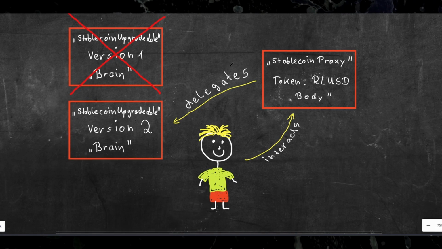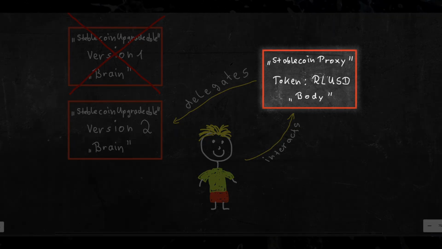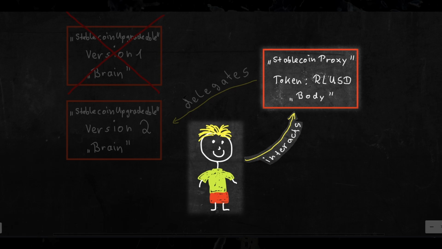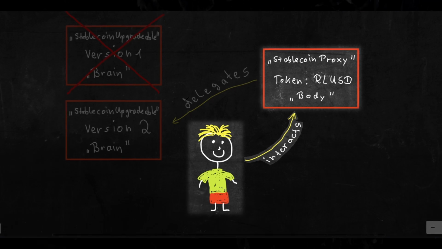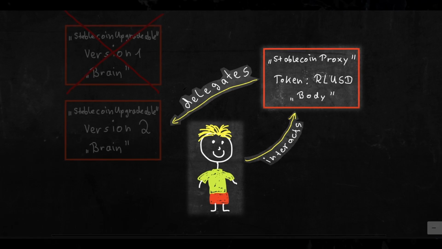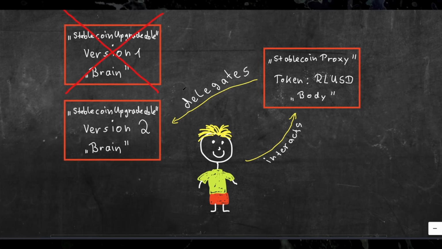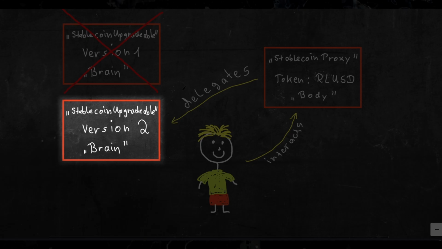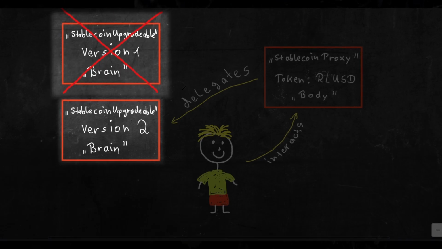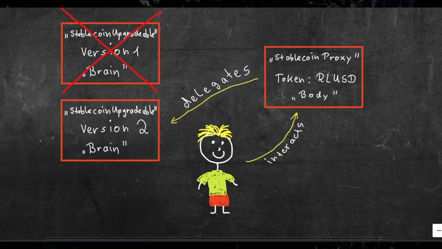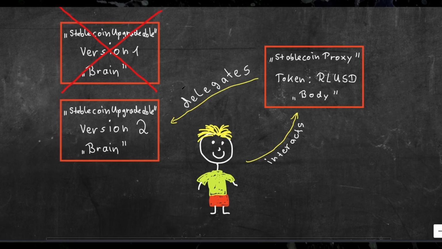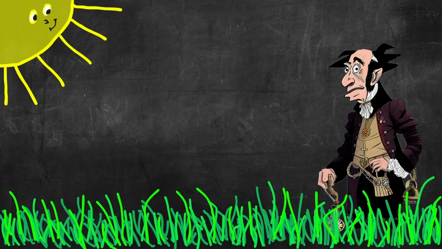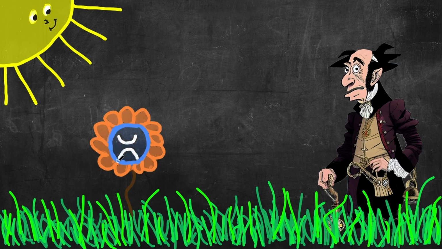So in short, again, the proxy contract is the one you as a user will always interact with, which will not change, and it behaves like the body of the whole construct, which delegates tasks to the brain. The upgradable contract is the one holding the actual logic, which can be replaced whenever Ripple decides an upgrade is needed. This one behaves like the brain of the construct. There you have it. All three addresses and their structure on the XRPL and Ethereum alike.